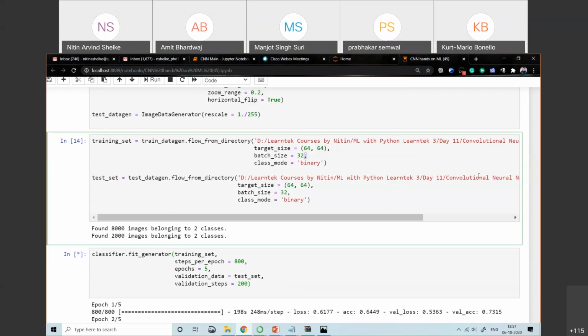Epochs means the number of iterations. Epochs means the number of iterations in which we are going to execute your data set. And the batch size means, let's suppose,